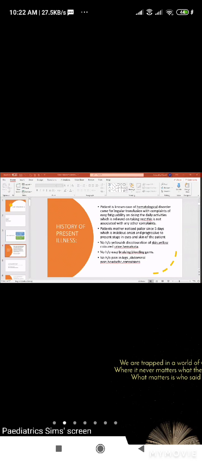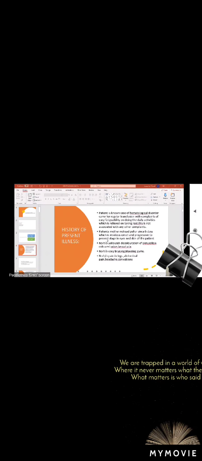And so when you are taking history of present illness, you must ask for all evidences of congestive cardiac failure, all evidences of hemolysis. And as a result of the hemolysis, many of these children will develop pigment stones in the gallbladder. So they may present with abdominal pain and vomiting caused by cholecystitis due to the calculus.